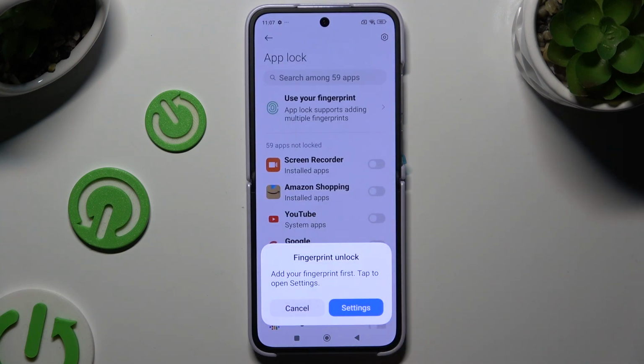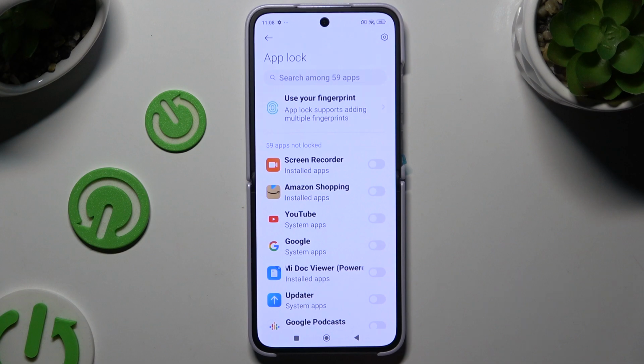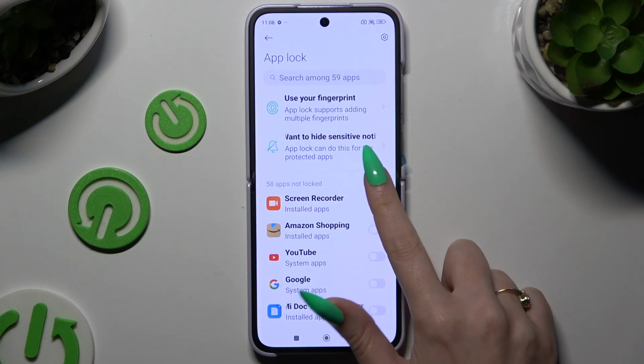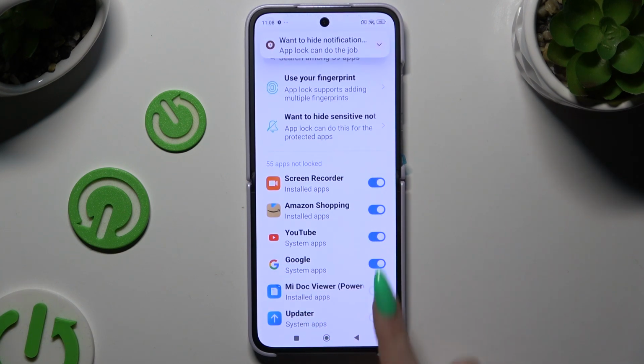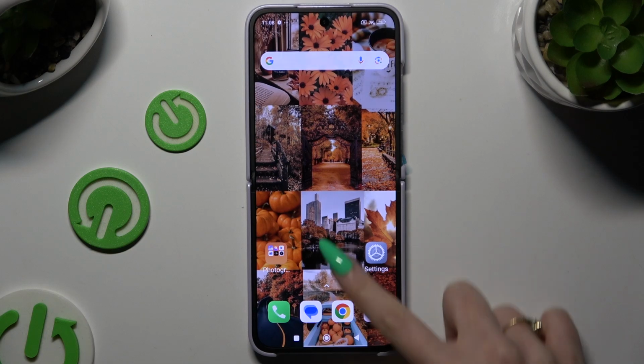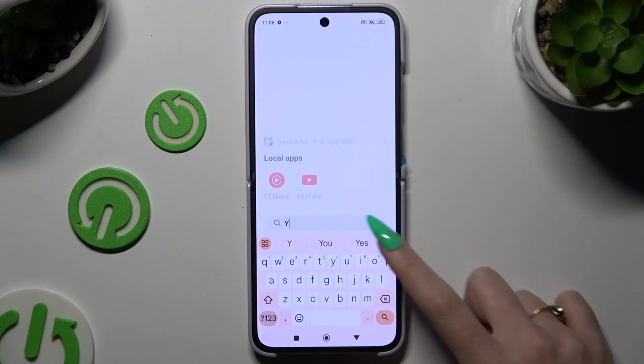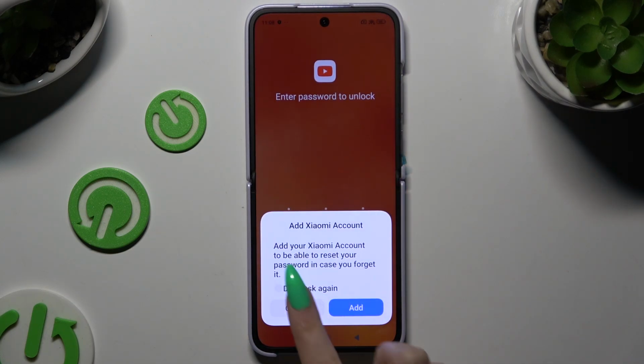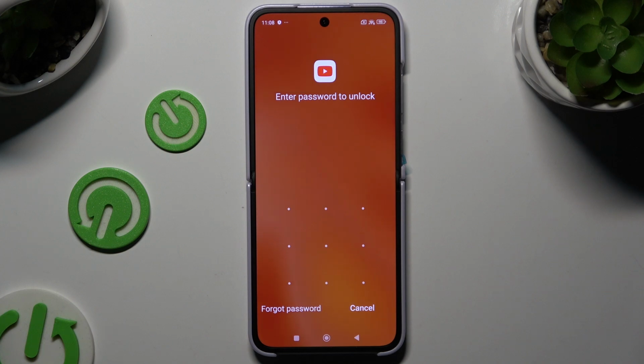Now to enable your fingerprint to unlock your apps, click on settings in the pop-up and follow all of the instructions. You can also hit cancel and do it later. Finally, to lock your apps, use gray switchers next to the chosen ones. So when I go back and try to access one of those apps, I can see that my pattern is